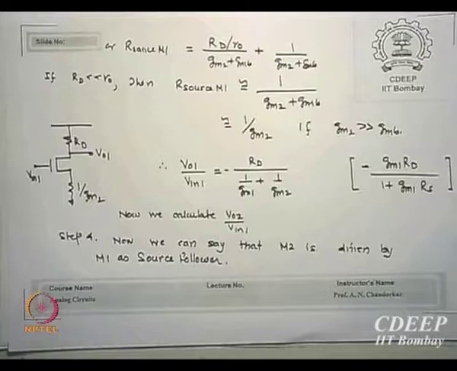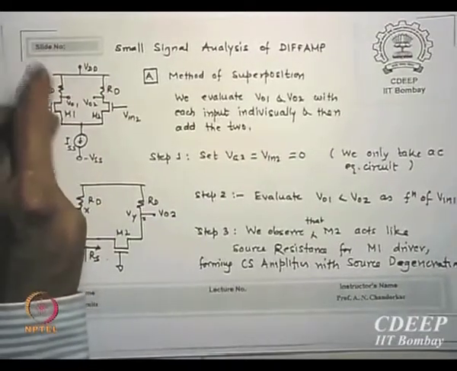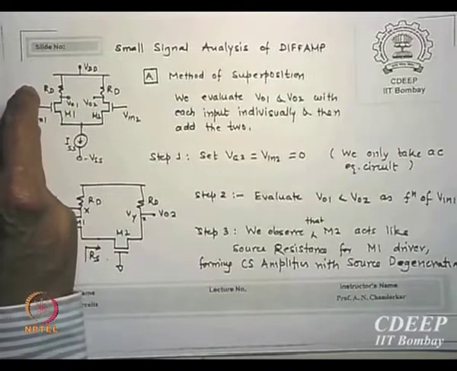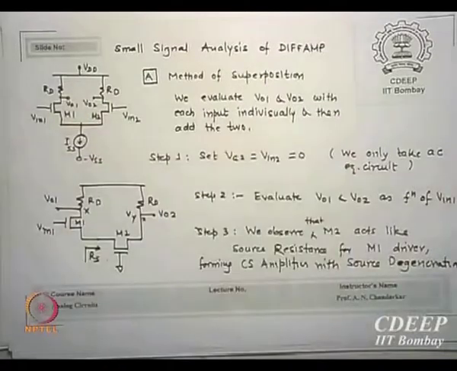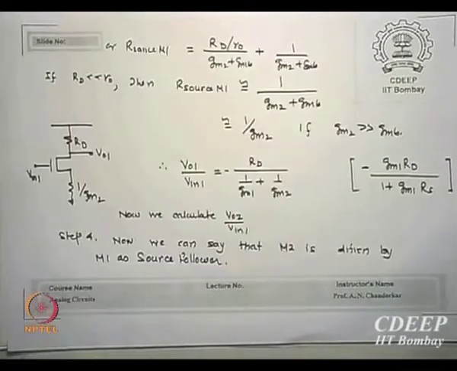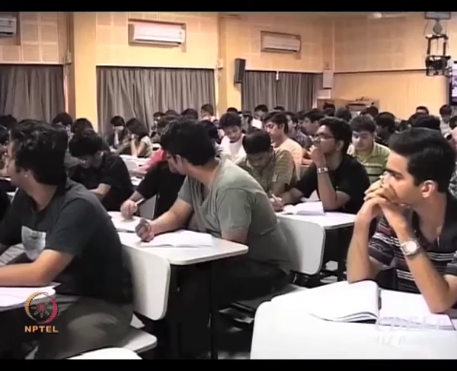Now we can say that M2, start looking at the circuit again. M2 is the transistor, and M1 has the input; as if the output at the source of M1 is going to the input of M2. Please remember the gain I am talking about. The M2 transistor now sees as if it is driven by a source follower of M1. I repeat, now we can say that M2 is driven by M1 as a source follower, and how you check, if not, I will explain next time. If that is so,